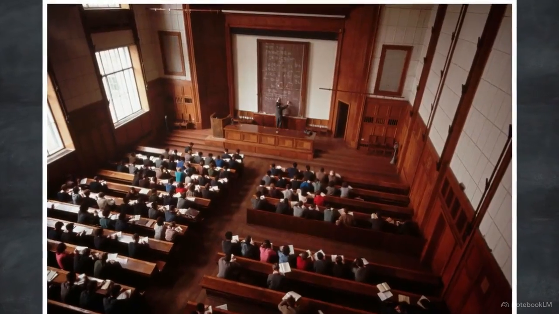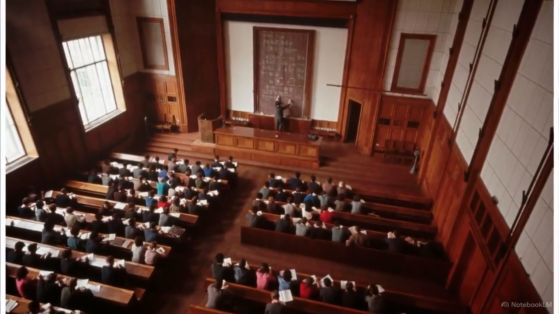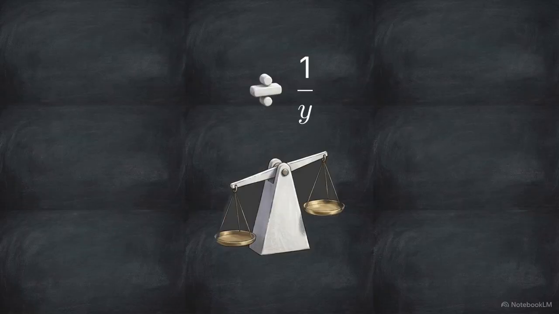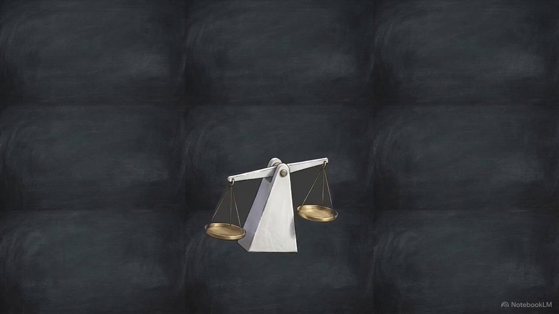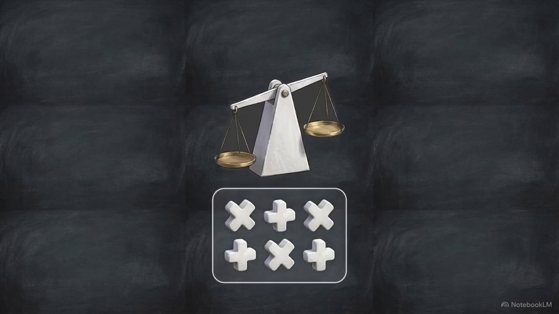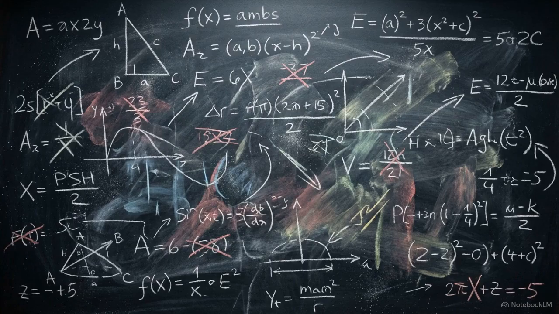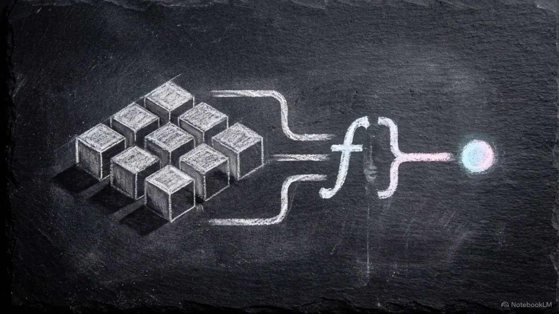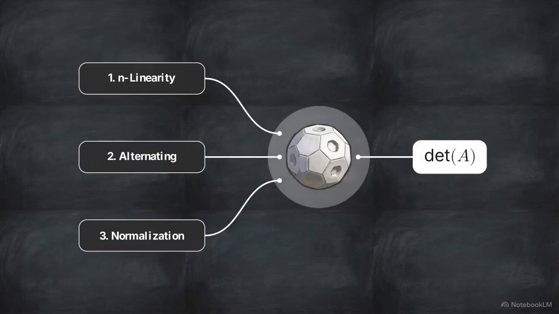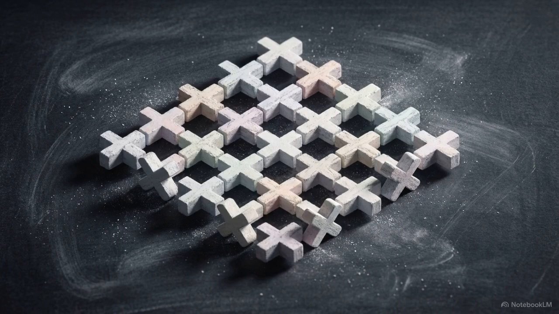Moving from a field to a ring is a required step in mathematical maturity. It forces us to prove theorems without relying on familiar habits. Without division, we cannot rely on fractions to balance equations. We are forced to build our proofs using only the foundational behavior of addition and multiplication. In this constrained environment, the determinant of a matrix ceases to be a messy combinatoric formula to memorize. Instead, it emerges as a strict, unique function locked into place by exactly 3 absolute axioms. By stripping away the crutch of scalar division, we expose the unshakable foundation of matrix theory.